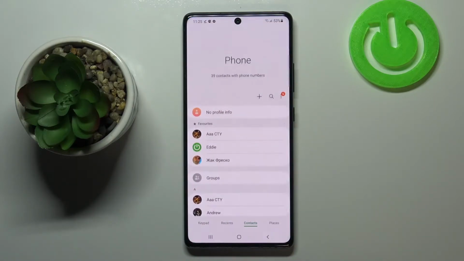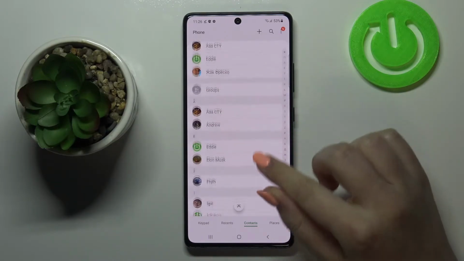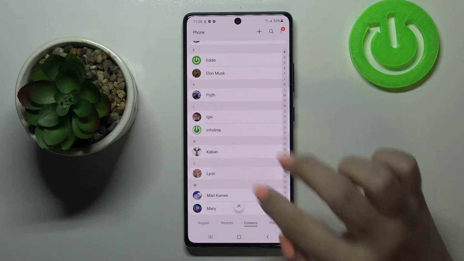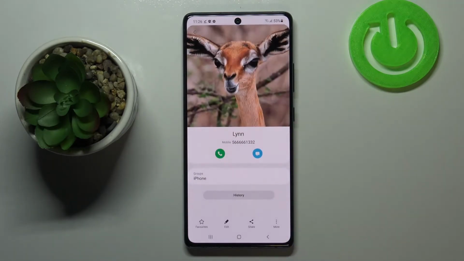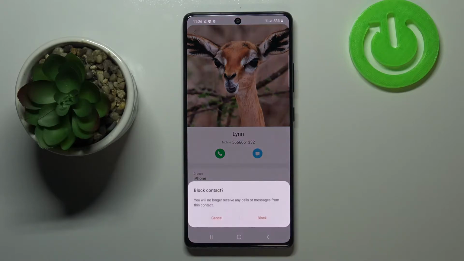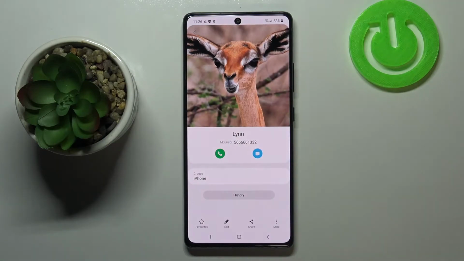So let's tap on the dialer and go to your contacts. We will begin with blocking a contact which is currently saved. So let's find the contact we would like to block and tap on it, and tap on this info icon. Now we have to tap on this three dots icon and tap on block contact. Your device will ask you if you really want to block this contact, so simply tap on block, and as